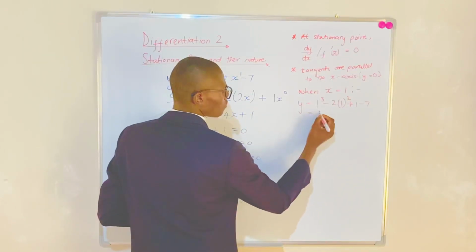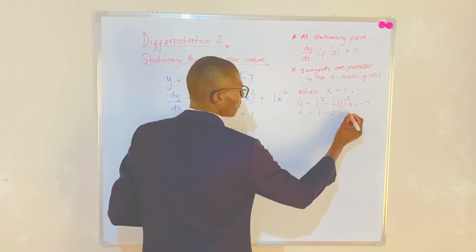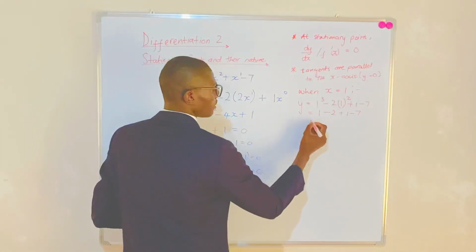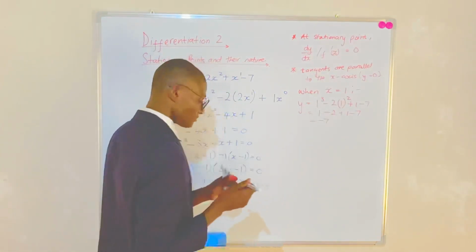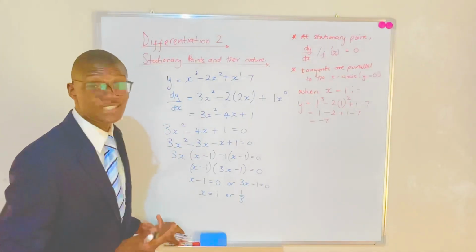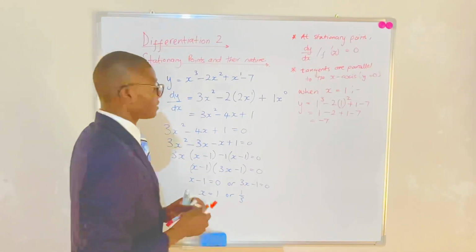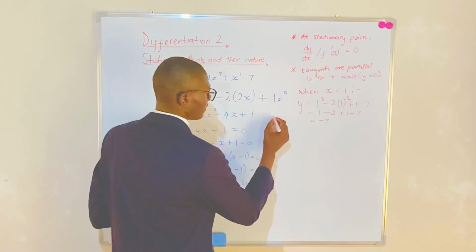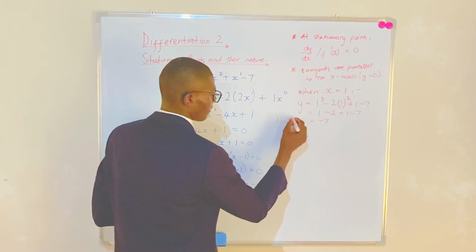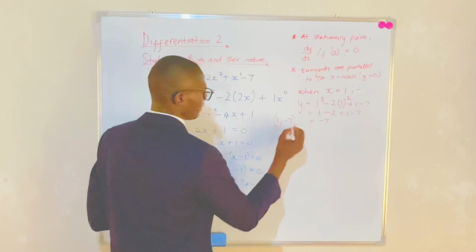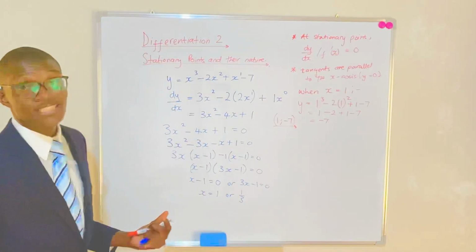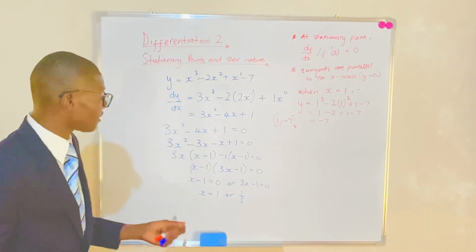This will give us 1 minus 2 plus 1 minus 7, which will give us minus 7. So now for the first stationary point, we've got 1, minus 7. And then now to get the second stationary point, we shall find the value of y